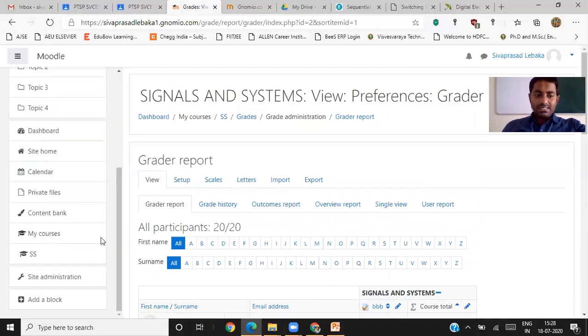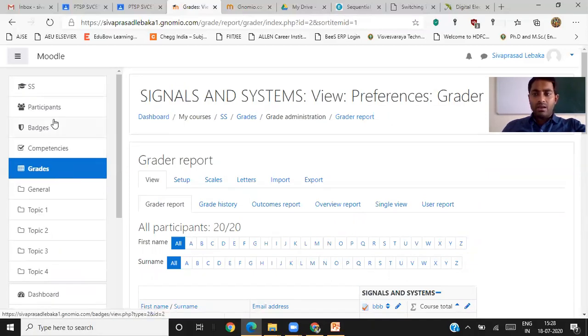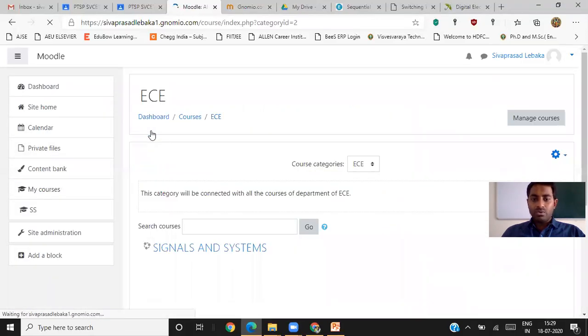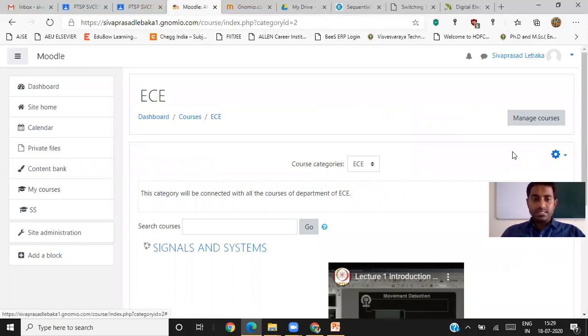So this is the way in Moodle how to create the course under the categories, how to add the users, how to supply the multiple choice questions for the students, how to conduct the assignment, and how to supply the course materials. All these things we have explored. Before ending this session, I would like to point out a few more things. Make sure those things are available before going to your operations.